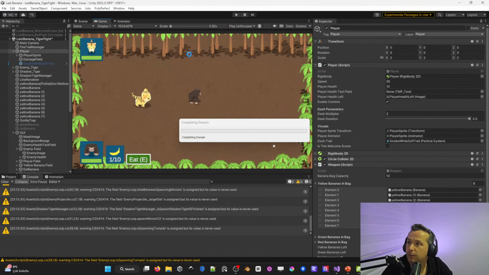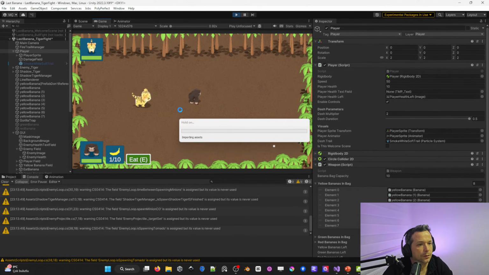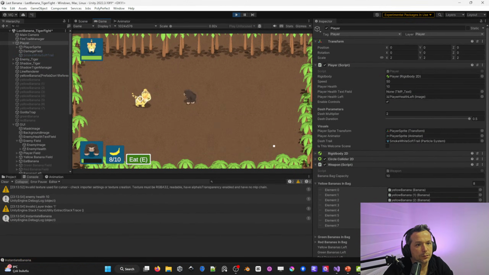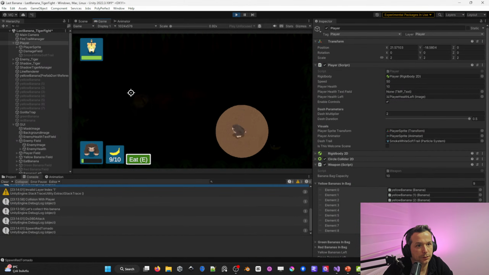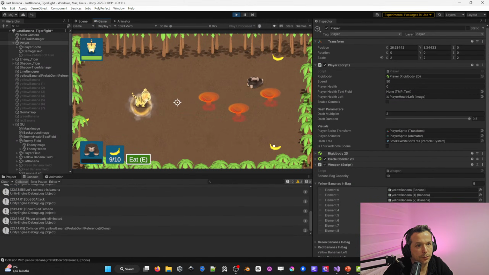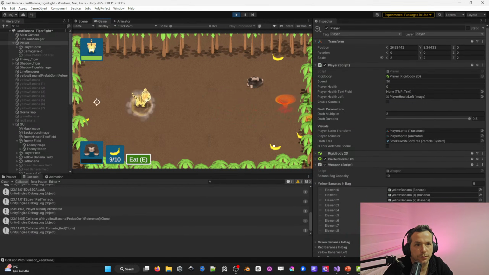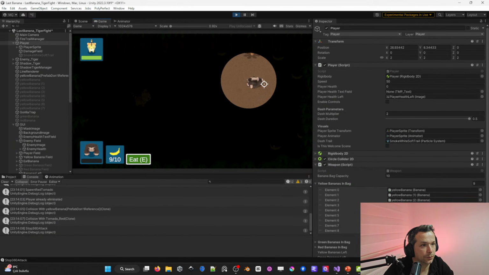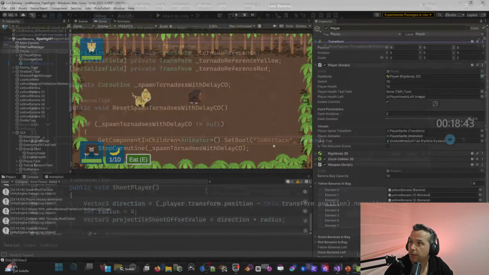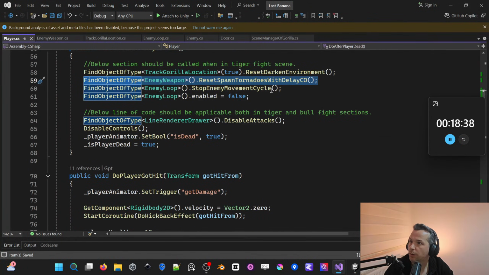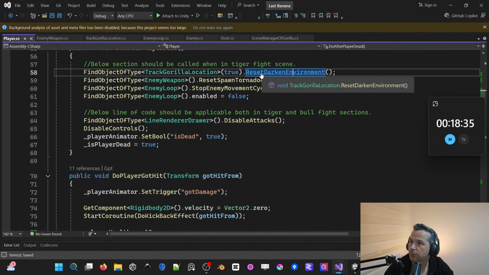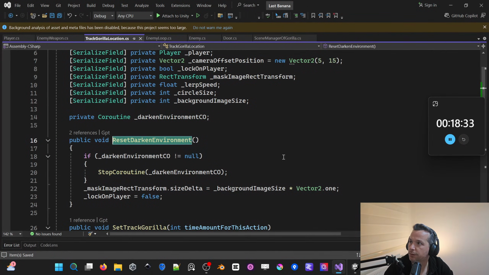How about now? Now the gorilla cannot see anything. See the tornado, and it stops rotating around. Okay, and it continues to darken the environment. So why is the cycle continuing? Why? Because I also reset the darken environment, but